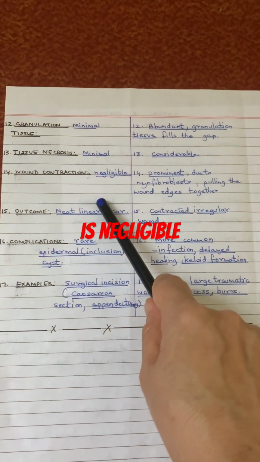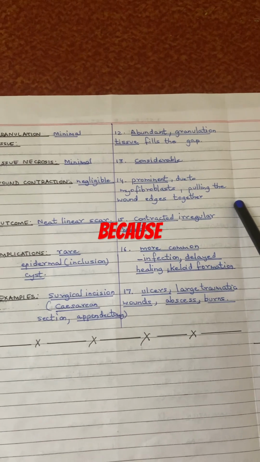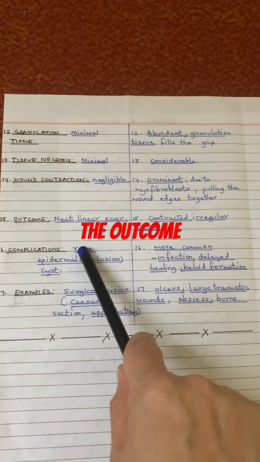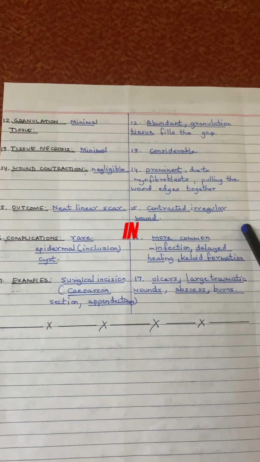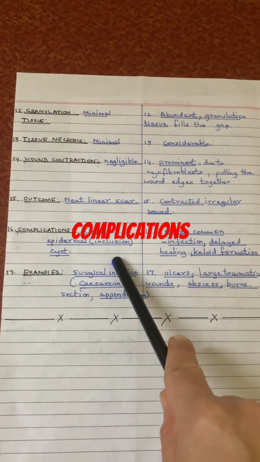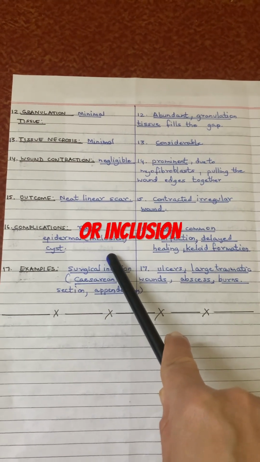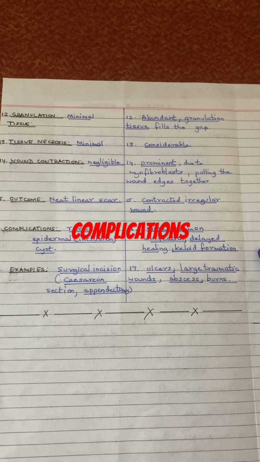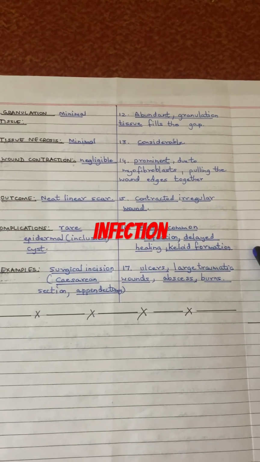Wound contraction is negligible here. In secondary union, it is prominent because of the myofibroblasts which pull the edges together. Now, the outcome in primary union is a neat linear scar. In secondary union, it is a contracted irregular wound. Complications are rare in primary union, and sometimes epidermal or inclusion cyst can occur, whereas complications are more common in secondary union, like infection, delayed